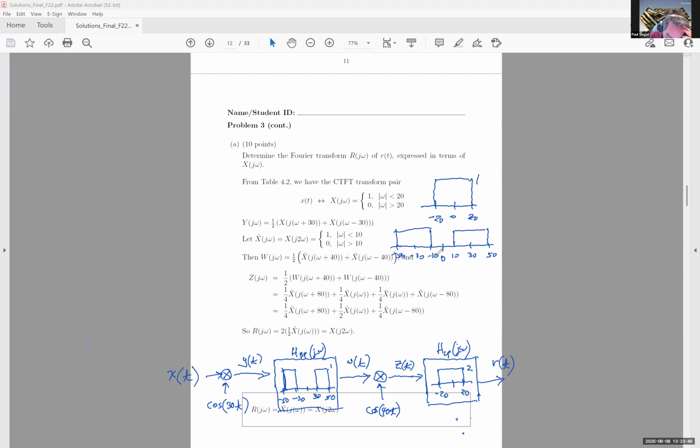Okay. And is this where you were confused? Yeah, I was able to get everything else. So what you can do is forget about that for the moment. Forget about the x tilde for now. You just can say what's the w of t going to be. So that's after you pass it through the bandpass filter. So when you look at W(jω),